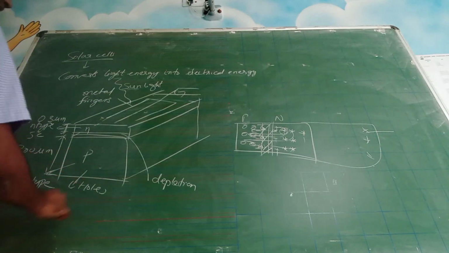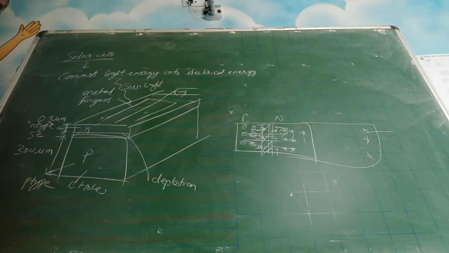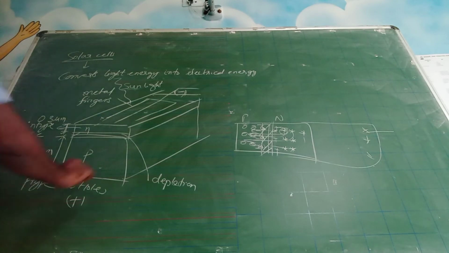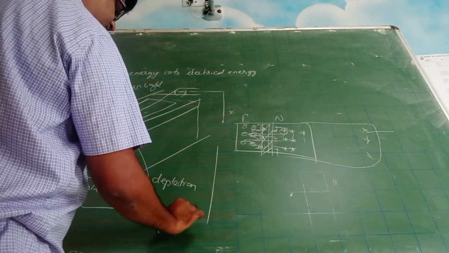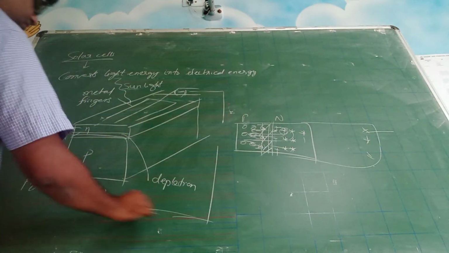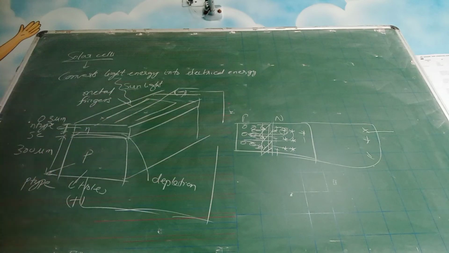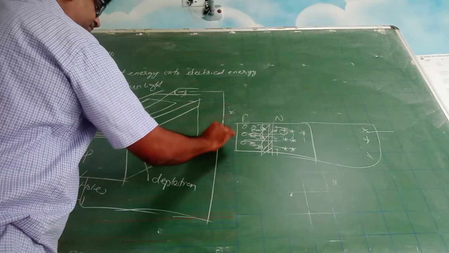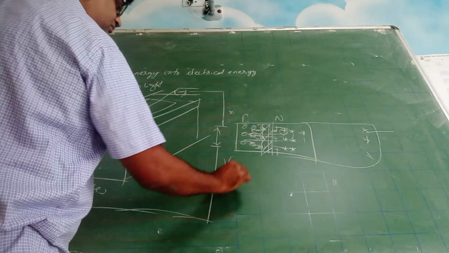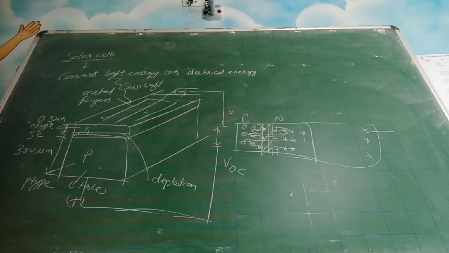So you have a situation like this: this is a negative charge, a lower potential, and on this side there will be a higher potential. This is P-type, more positive charges here, so it will be at the higher potential. You can take a wire and bring it like this. This will behave like a battery. You can just take it out like this. This gap that you are seeing is called the open circuit voltage, okay?